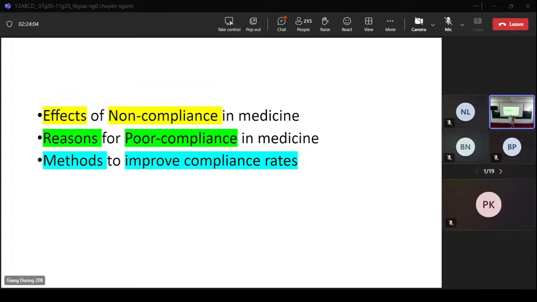Now, please, 5 minutes, think of the effect, the reasons, and the method. And if you understand the point, is it easier for you to do the reading text? Don't read the text now. Các bạn ơi, mình bỏ ra 5 phút mình nghĩ những cái này. Tí nữa mình đọc bài mình sẽ thấy nó rất là dễ chịu luôn, bởi vì nó sẽ xuất hiện trong bài. Đã chưa? 5 minutes.